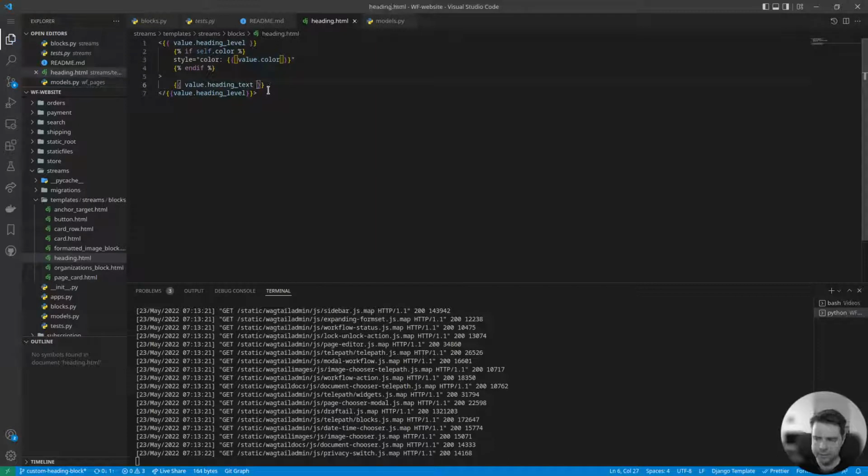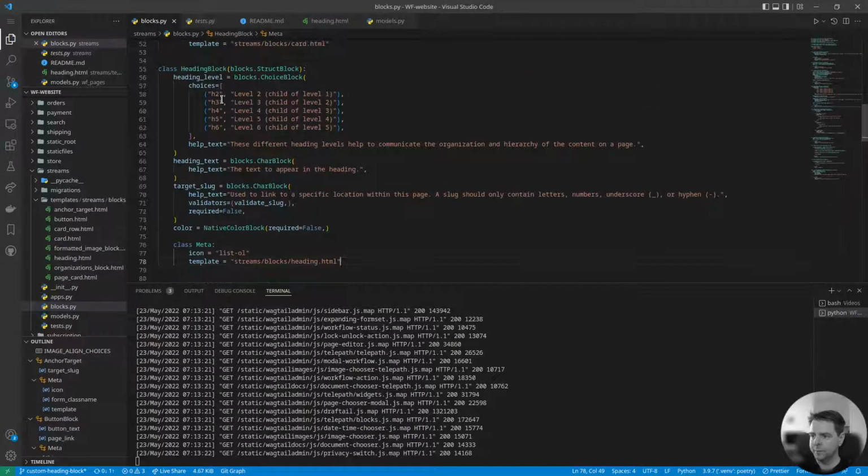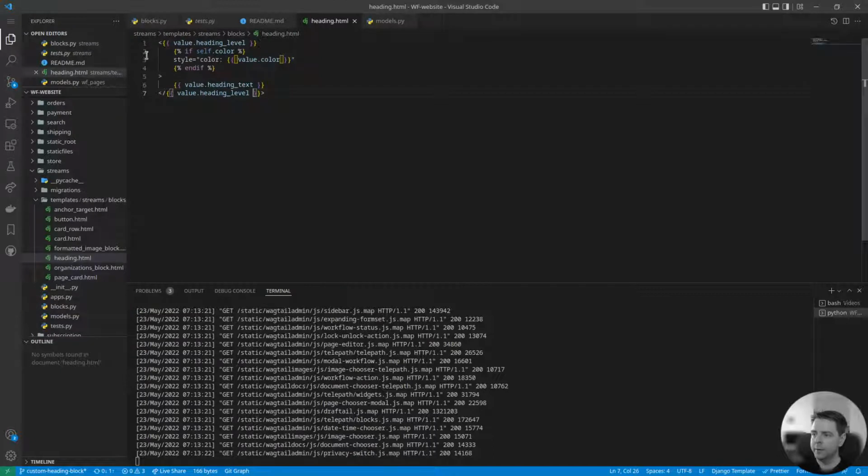This is a pretty dense template because I'm essentially getting a value from this field where it's kind of the HTML block. Element is the H2, H3, H4, 5, 6. And we're creating an HTML tag. Let's just look at this closing tag, for example. And inside of that closing tag, we're putting the value from the heading level field. So in other words,